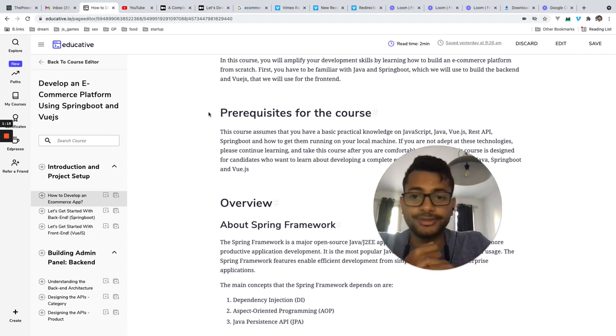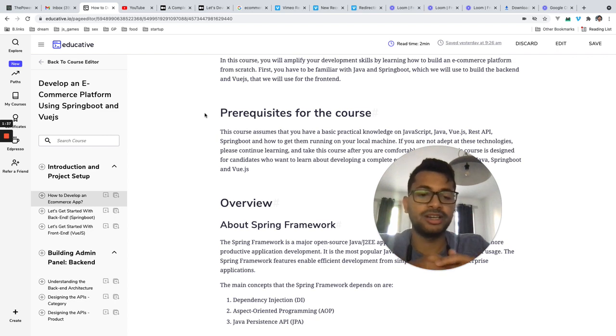Let's get started. So first you have to understand what is Java and Spring Boot. Java, you all know, is a language which is used for web development, also for many other uses. It's a general purpose language, you can use it for anything.